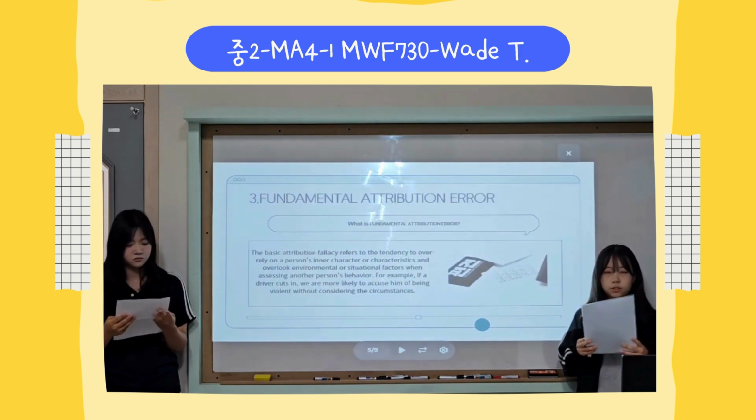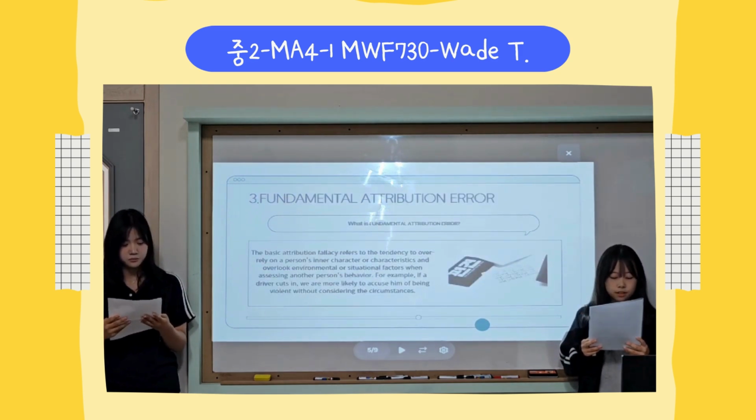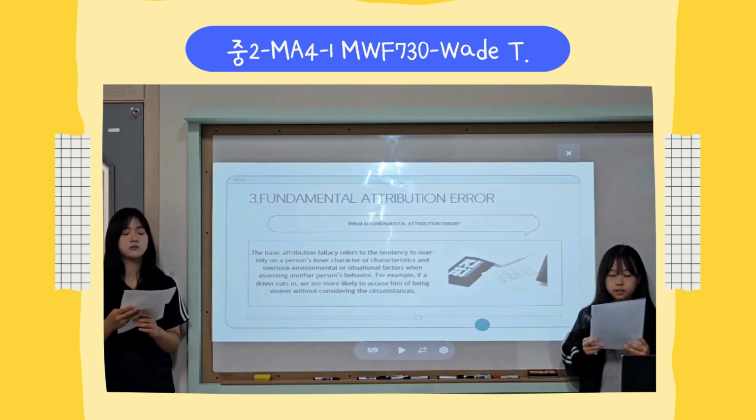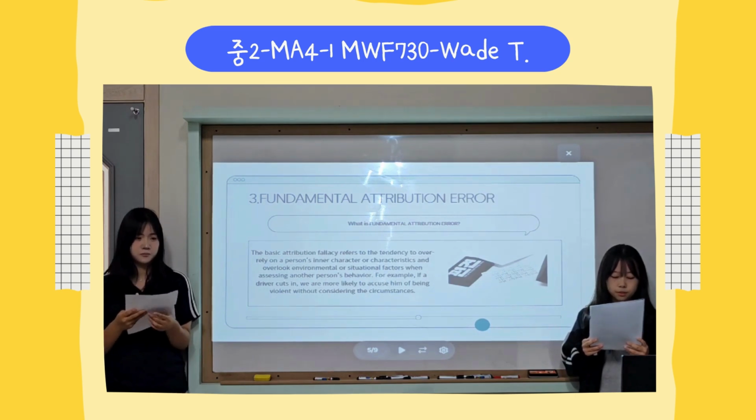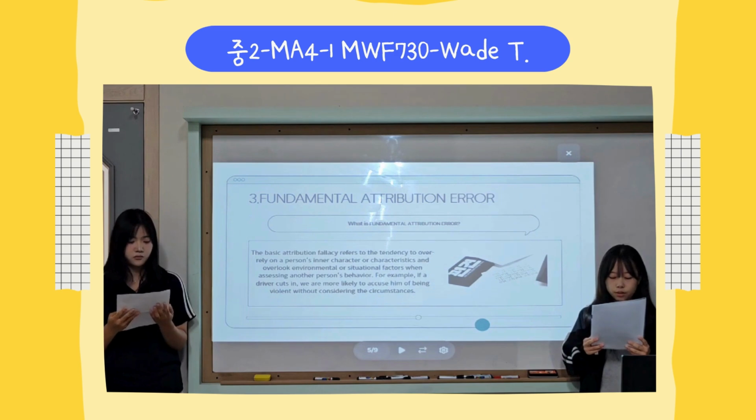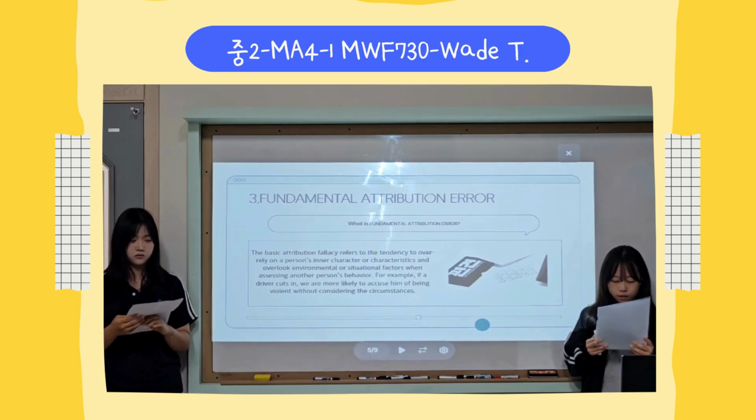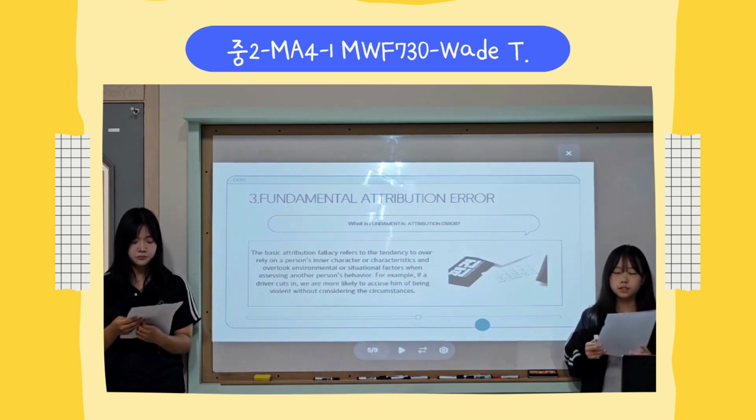Third, fundamental attribution error. The basic attribution fallacy refers to the tendency to over-rely on a person's inner character or characteristics and overlook environmental or situational factors when assessing another person's behavior. For example, if a driver cuts in, we are more likely to accuse him of being violent without considering the